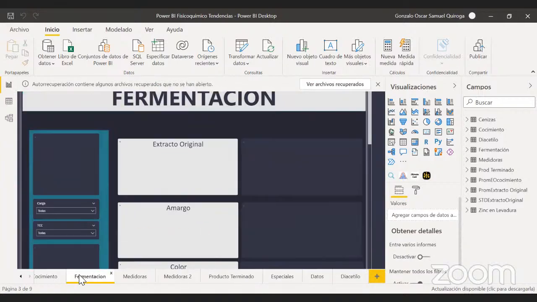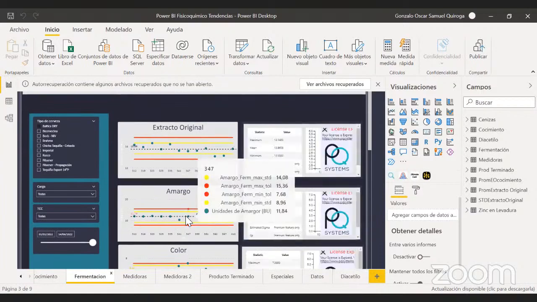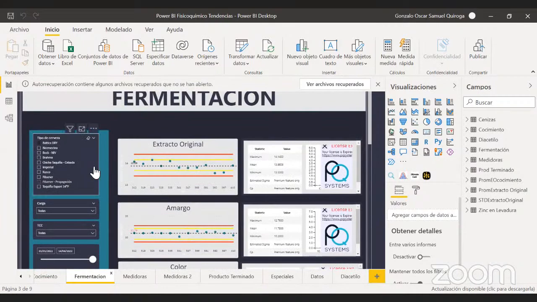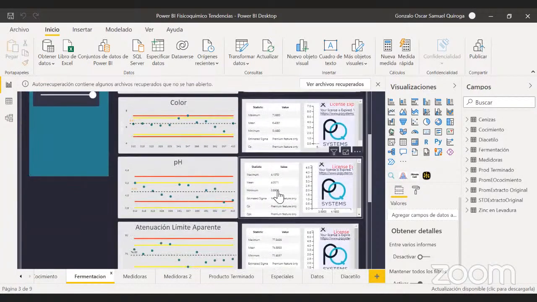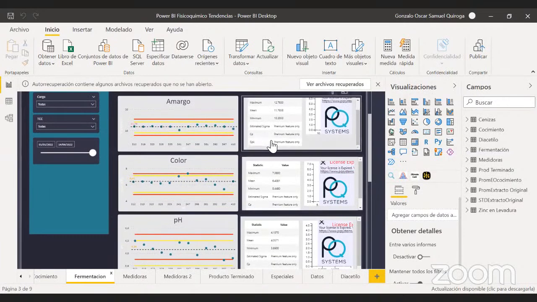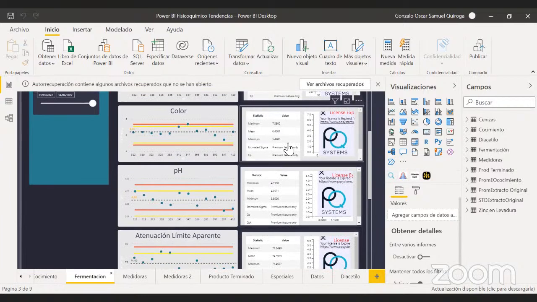So we can see statistics and attendance of the data that we take as a lab, and we can filter by the products we have. Here we have CP, CPK. Those are to see if the process is controlled or not controlled. Correct. But right now the license of this is over, so I have to renovate.